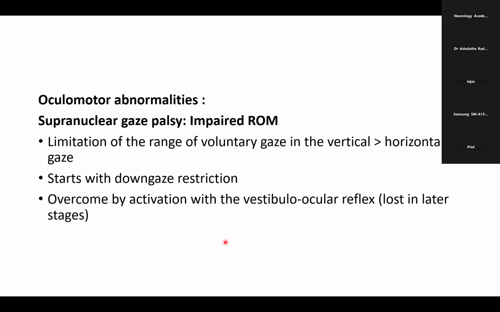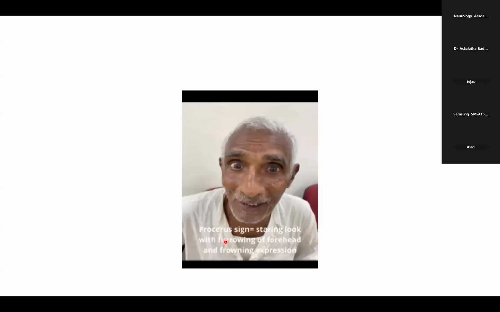Coming to the oculomotor abnormalities, there is a supranuclear gaze palsy in which there is impaired range of movement. There is a limitation of the range of voluntary gaze, in the vertical more than horizontal gaze. It starts with down gaze restriction and it is overcome by activation with the vestibulo-ocular reflex, which is again lost in the later stages. Here I would like to show the video of the